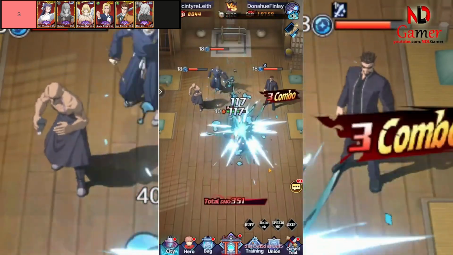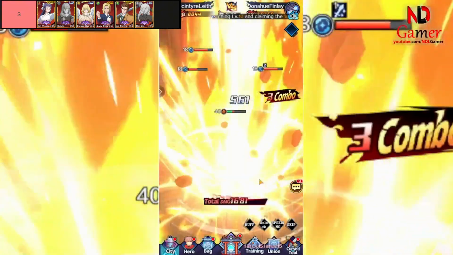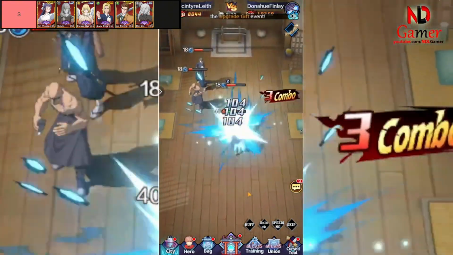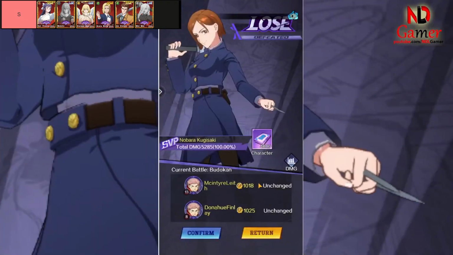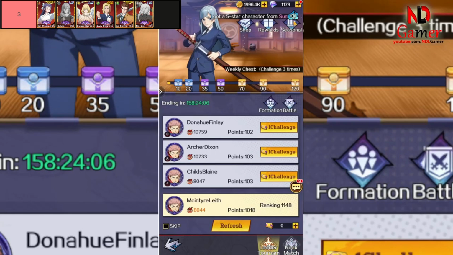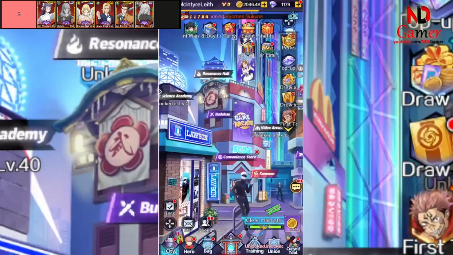Now, what makes them so special? Well, these characters don't just deal massive damage, they bring a whole package to the table: insane durability, crowd control, and in some cases, healing or support abilities that can turn the tide of any fight. You'll notice that once you have these S tier units on your team, it's like everything just clicks. You're able to take on content that would have been impossible with lower tier characters, and suddenly, those tricky stages,